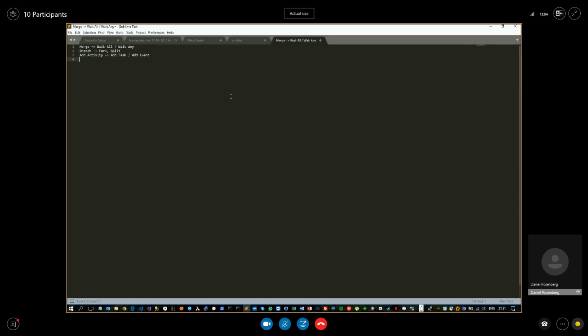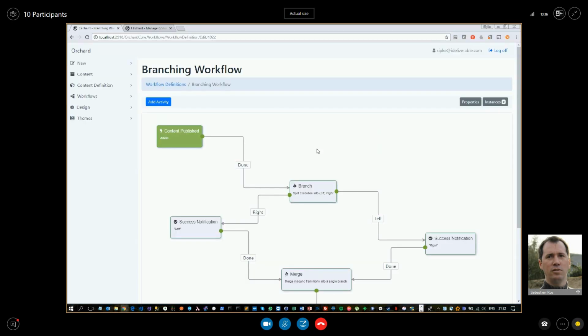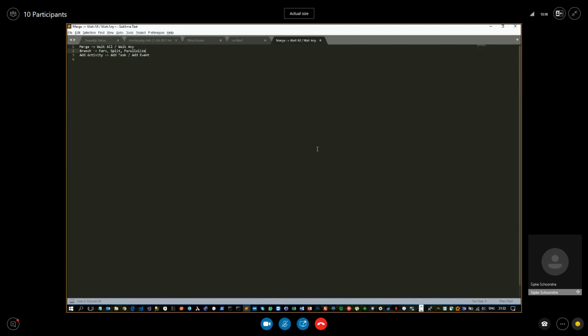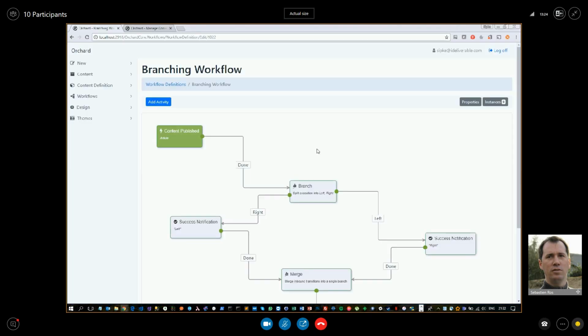So should we call it something like run in parallel? Not a parallel task, but running parallel or something. That's even worse. A fork-join is a pretty well-known construct.